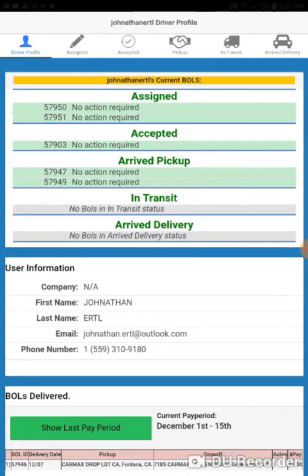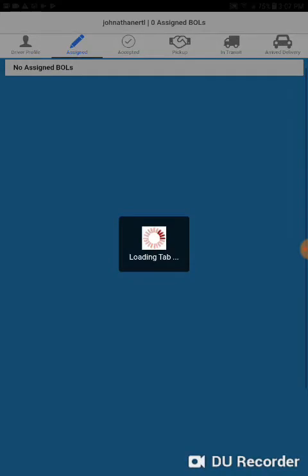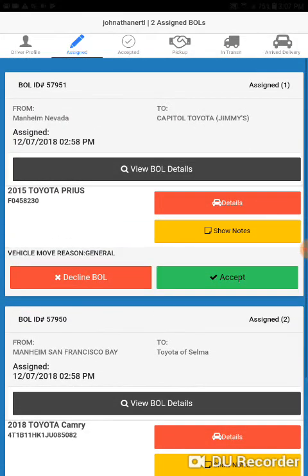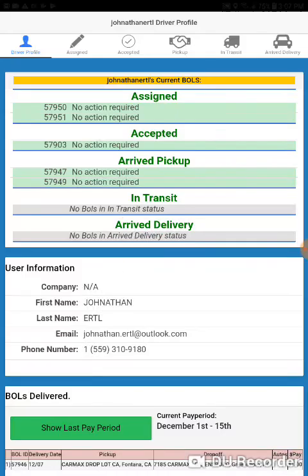Now, if I wanted to look at one of these in particular, I can click on it from this tab here. So let's say I click on the assigned BOLs here. It's going to shoot me over to the assigned tab right here across the top. That's how you get to them. So I'm going to go back to the driver profile. So from here,